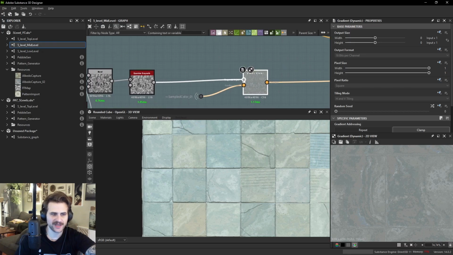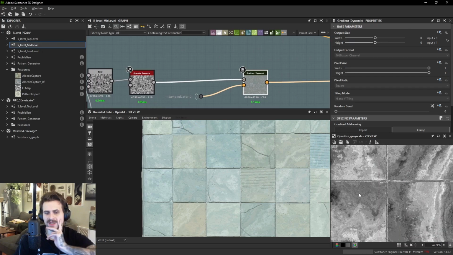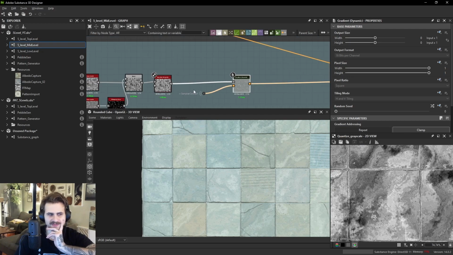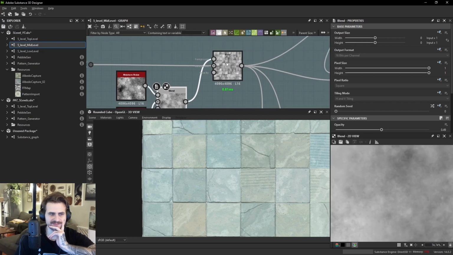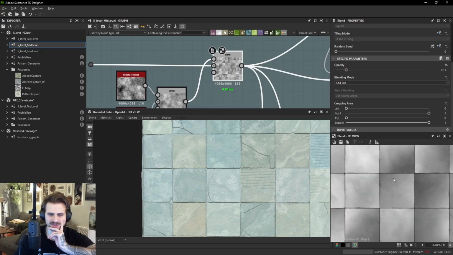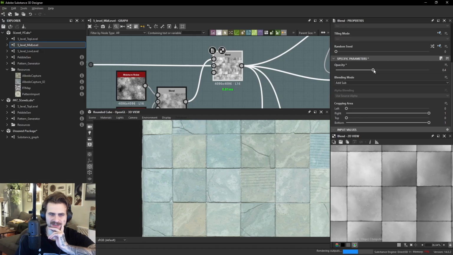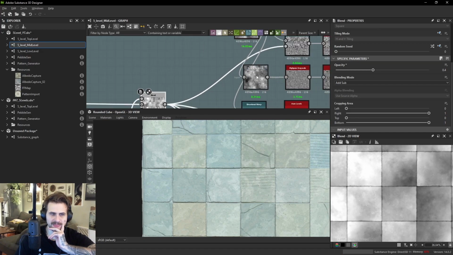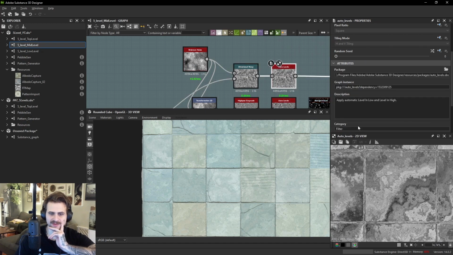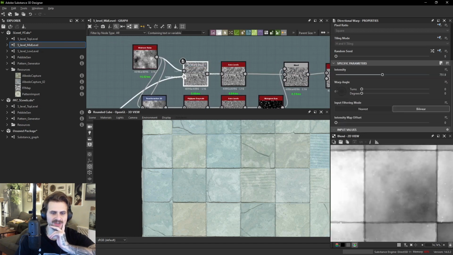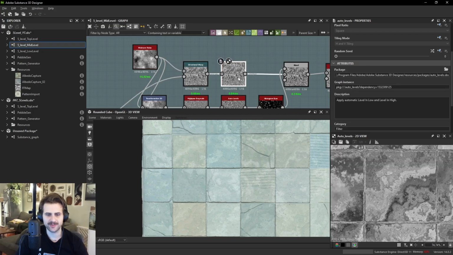But instead of just plugging the height directly into this, we're making a much more interesting noise. And all this noise really is like taking a moisture noise and a cloud, we blended them together. And I'm using that to make the height map even more detailed than it was originally. We're directionally warping it, so it's different per tile, auto leveling it. So we're still using the height map to influence the color, but we're using it in an indirect way. We're not just piping the height map directly into the gradient map and saying, cool, we're good. We're taking it and manipulating it a bunch